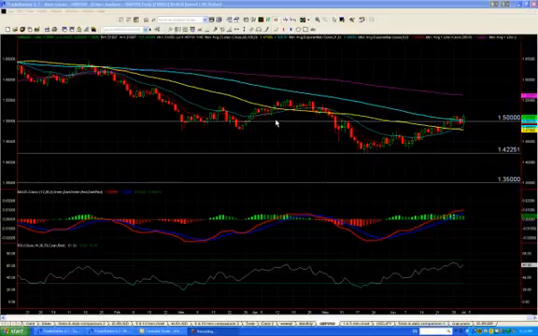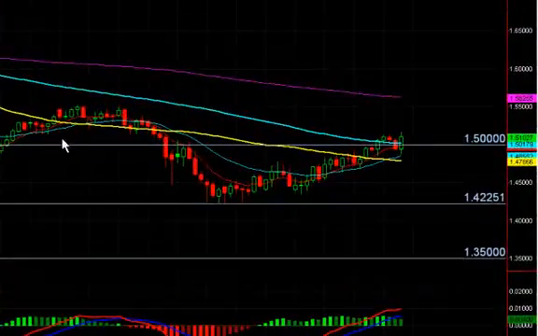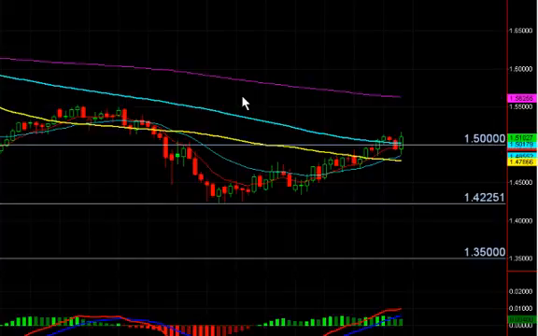Yeah, so sterling's back to where it likes to hang out. It's back to the 1.5 zone. It really likes to hang out there, as you can see. In the past, it's often hung out there. Not really sure what's going to happen here. My guess is it turns around at some stage soon and starts heading back down in favor of the dollar,